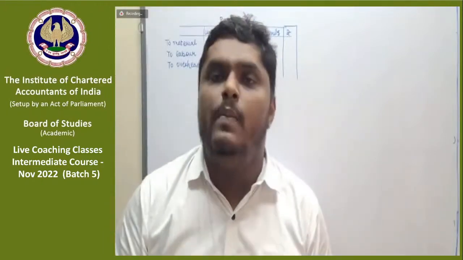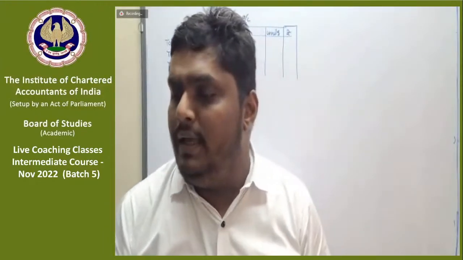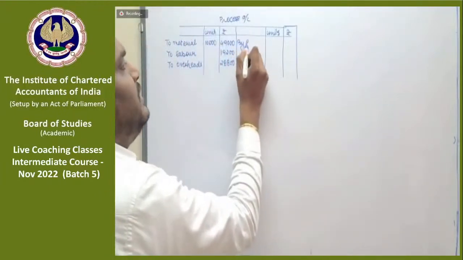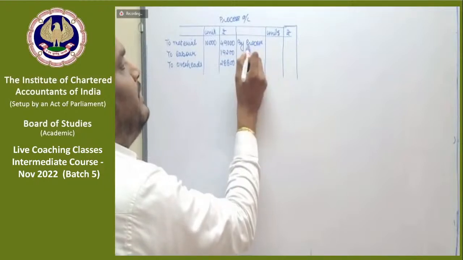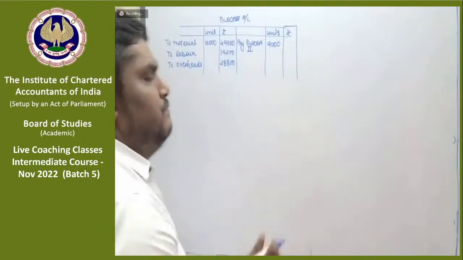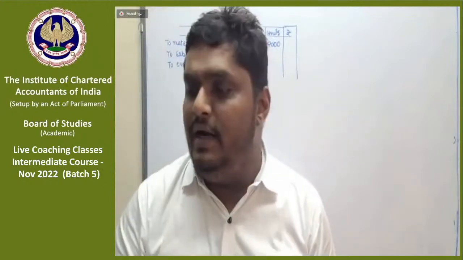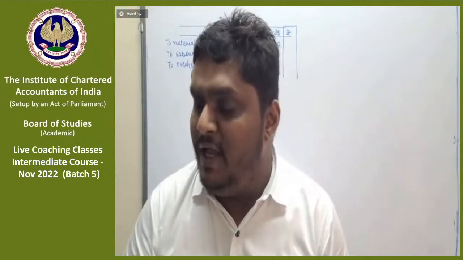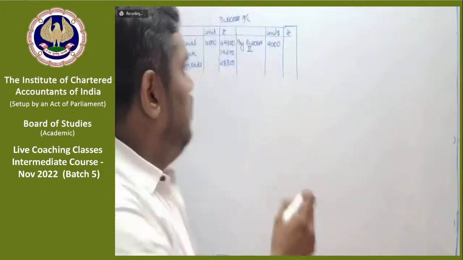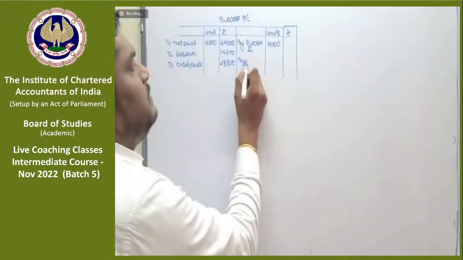There is no normal loss and no abnormal gain. It is given that the output transferred to the next process, that is process second, is 9,000 units, and they are 100% complete. As far as closing work in progress is concerned,